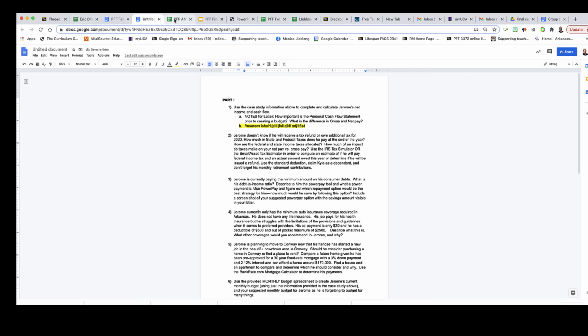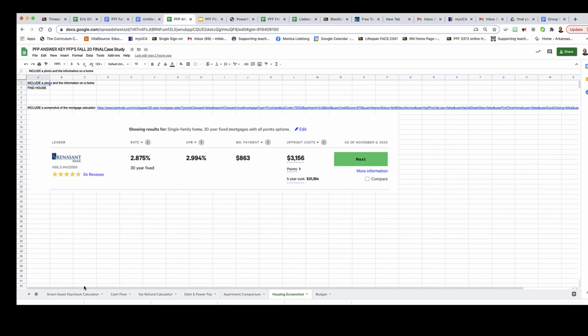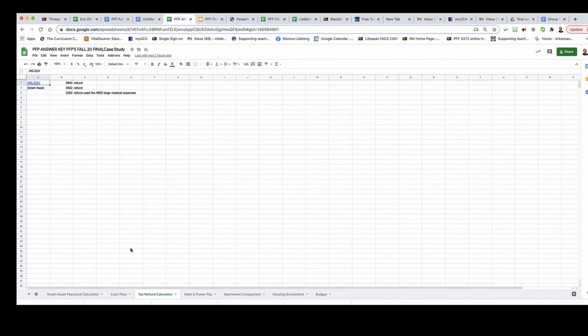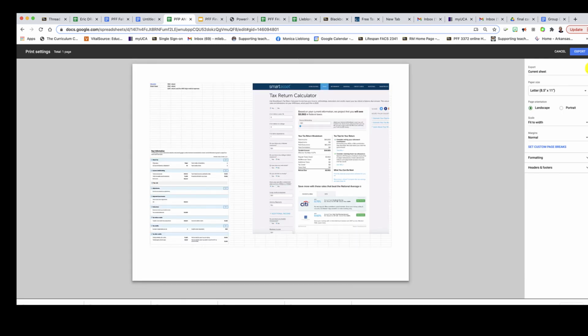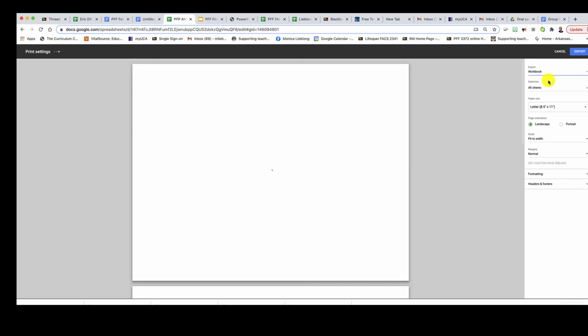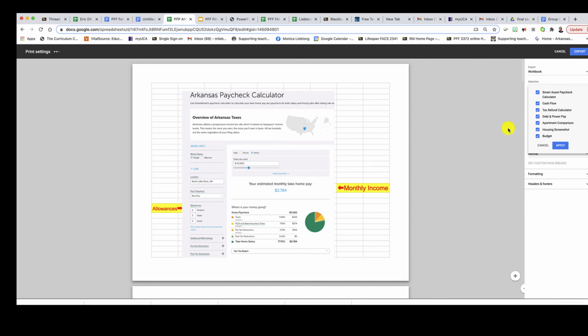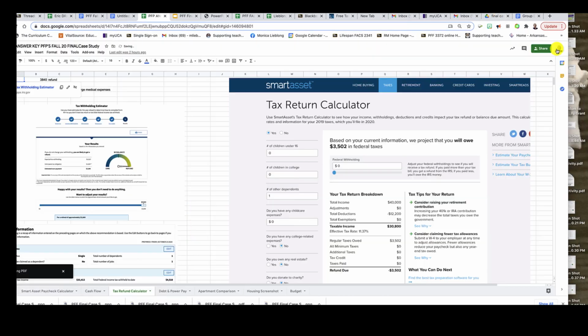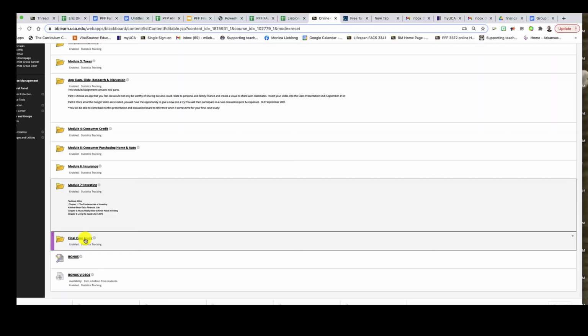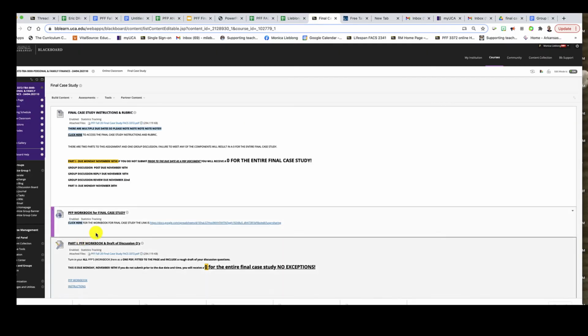Now let's submit 2 PDF files for Part 1. File, Download, PDF, Workbook, Portrait, Fit to Page, and then Export. So I'm going to have 2 PDFs that I will submit in Blackboard.